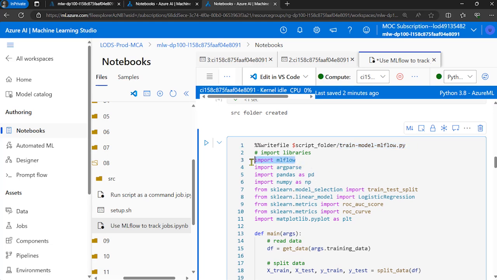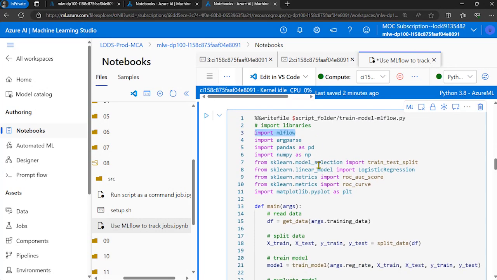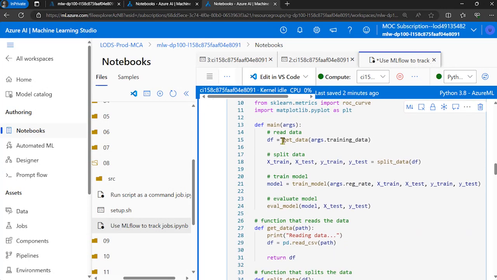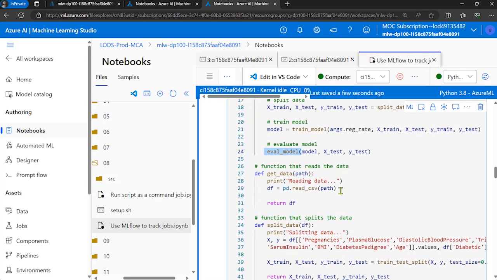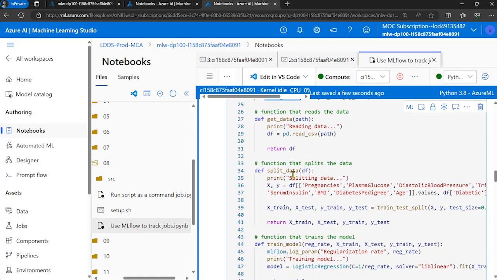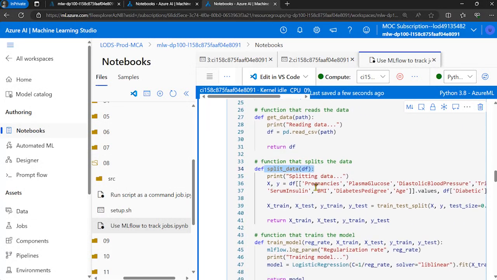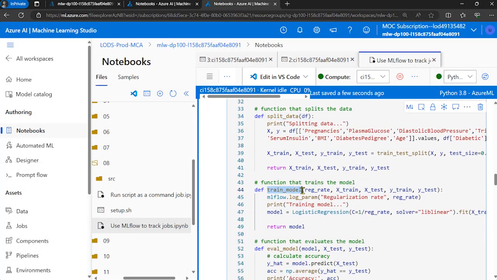And inside of this, because we're using MLflow, we have an import statement for it to start things off with. As we come down a little bit, this is just doing a typical training model. So we get the data, we split it, we train the model, evaluate the model, all that's still there. And all of these are within functions, of course. So right here, when we train the model, right below this, we have